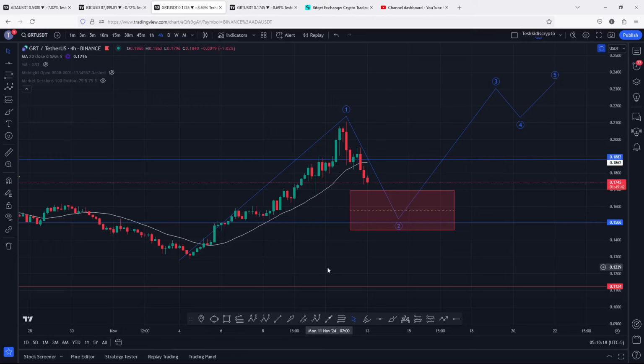GRT at the time of this recording is seeing a bit of a breakdown move, and we have now lost support above the $0.1882, flipping it back into resistance. We have also lost the 20-day MA here on the 4-hour chart, flipping it back into resistance. And all this is playing out after we saw an aggressive bounce to the upside in a move that has now peaked above the